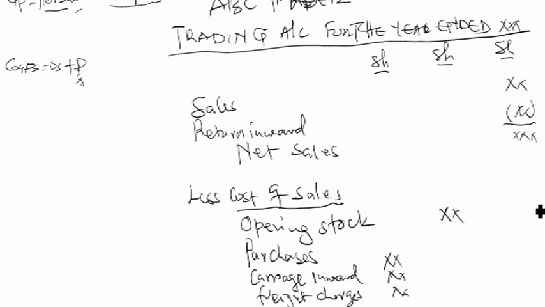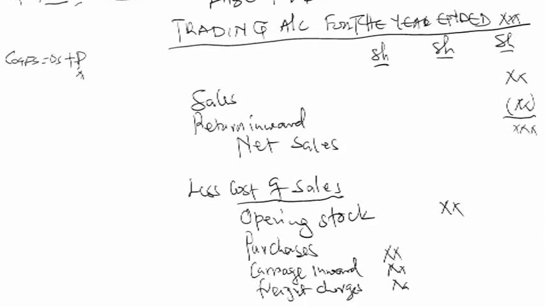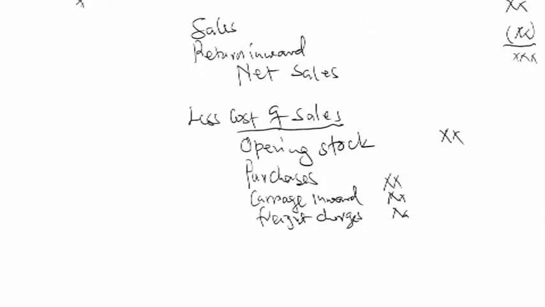Then we have other to be considered, like if you had returned some of the product to the supplier, you'll subtract it. So we will subtract return outward. Another thing to subtract is drawings. If we had done some drawing on the stock, so stock drawing,